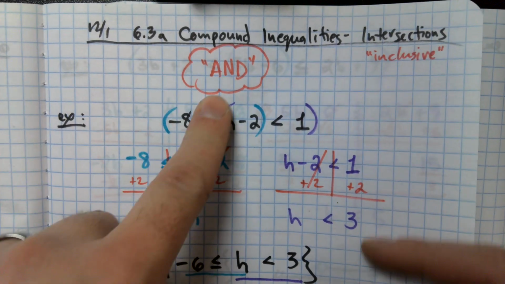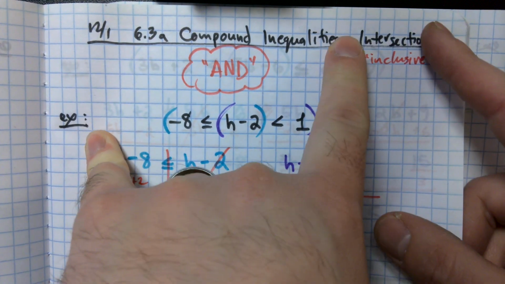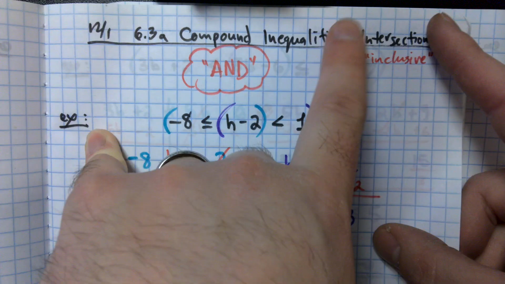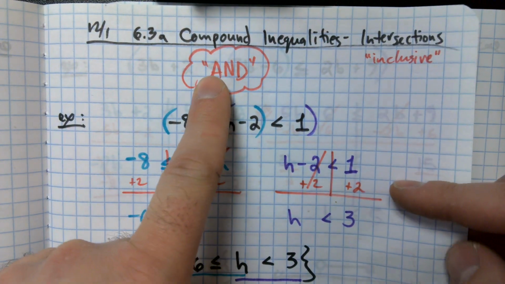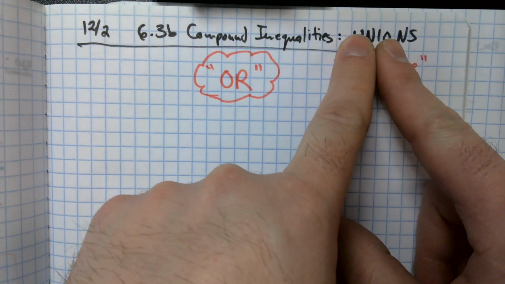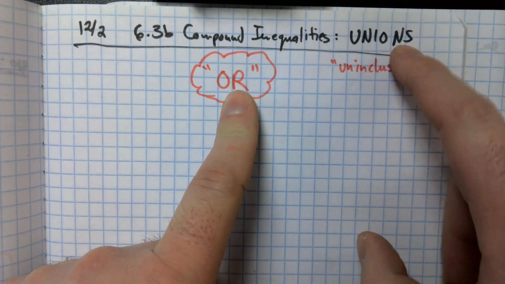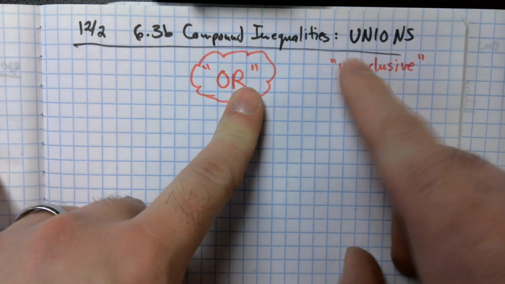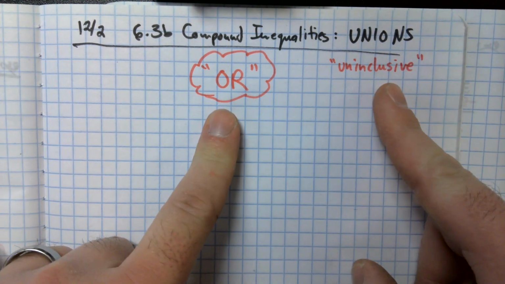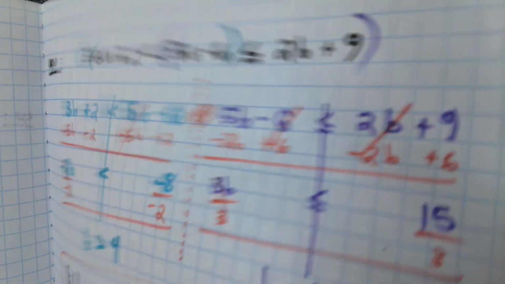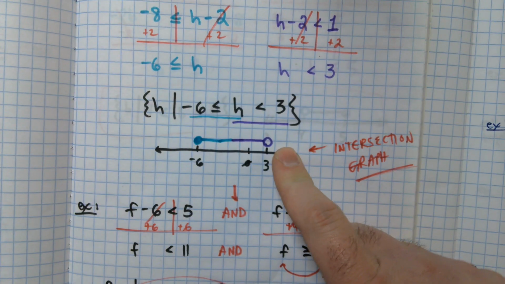So, yesterday we talked about intersections, just like the word inclusive, start with the letter I, right? Everybody say intersection. Inclusive. And. Union. Uninclusive. Or. Union and uninclusive both start with a U. U-N-I. Union, uninclusive, right? So, with an intersection, I have a range of possible solutions that start at one number and end